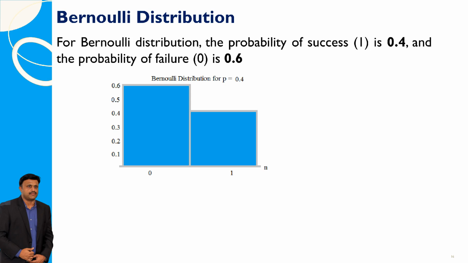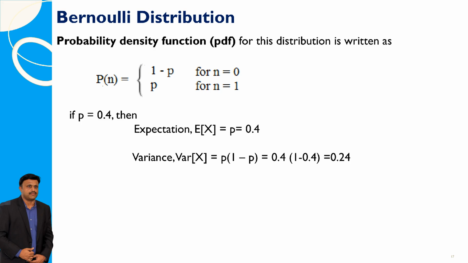In a Bernoulli distribution, the probability of success is 0.4, while the probability of failure is 0.6. The probability density function can be used to determine various statistical measures. For a probability p equals 0.4, the expectation E(x) is equal to p, which is 0.4. The variance Var(x) is calculated as p times 1 minus p, resulting in 0.4 times 1 minus 0.4 equals